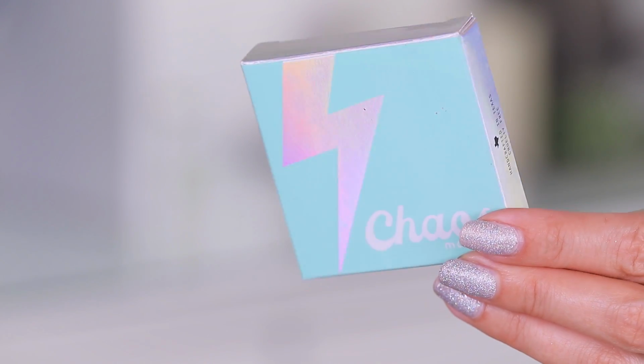And it's just a weird kind of foamy feeling plastic material, but this is a true blue indie brand and it'll take you a while to order this makeup and have it come in. But I have to say the quality, look at that packaging, the quality of the shadow itself, just swatching it,